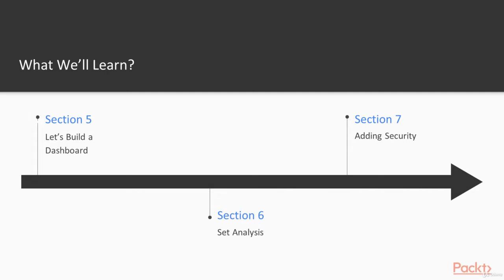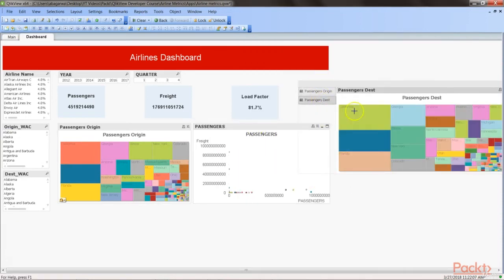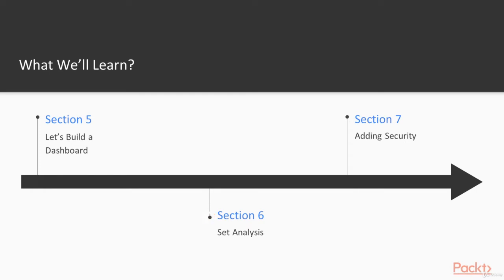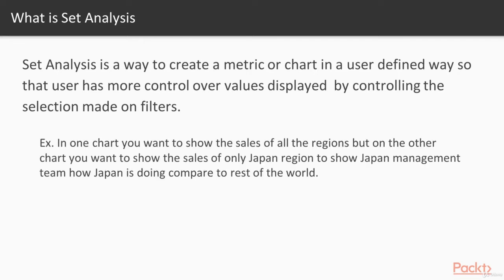Then we will move on and create the dashboard with the help of advanced expression. There we will look at how we can create KPIs, we can create metrics with the help of advanced expressions, set analysis. So set analysis is one of the very important topics of the entire ClickView ecosystem, where most of your business objectives are getting achieved with the help of the set analysis.